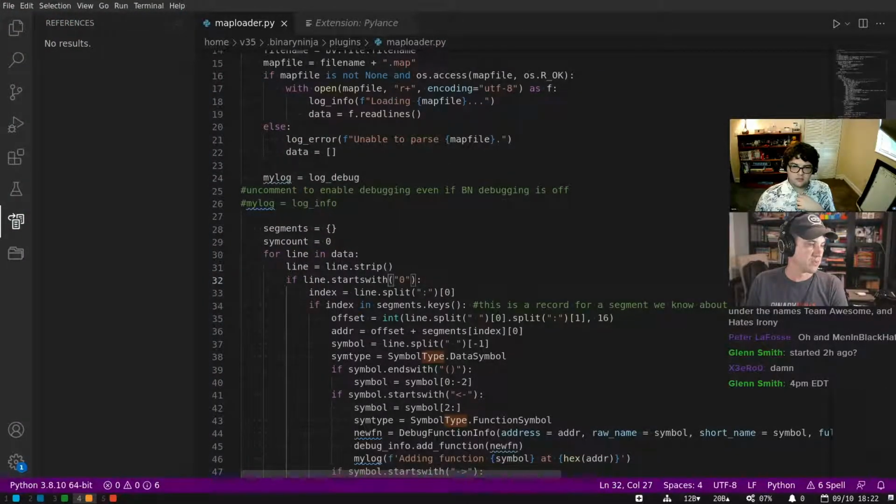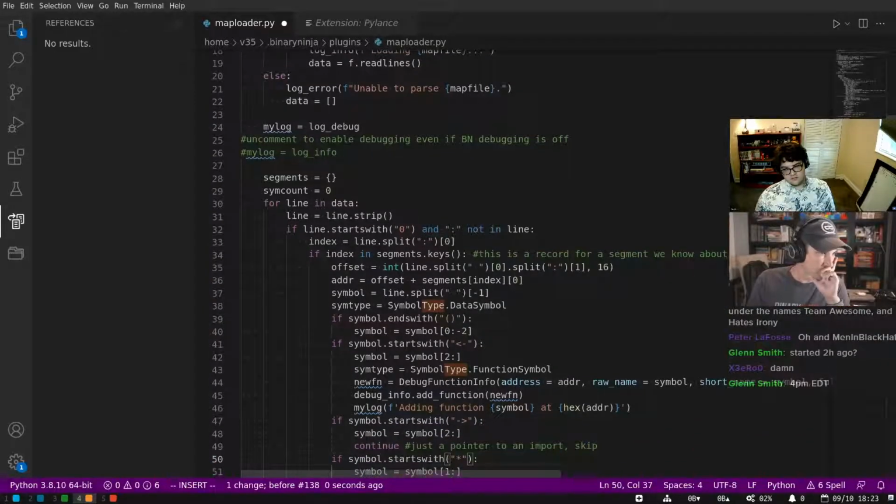So if the line starts with... if not colon in, well, and colon not in line, right? So if it starts with a 0 and it doesn't have a colon, it means it's a... I think everything.